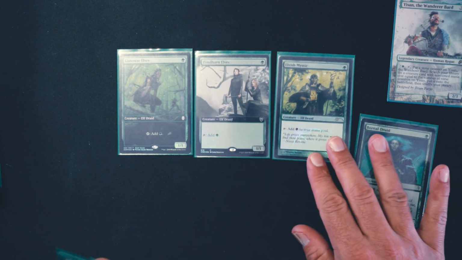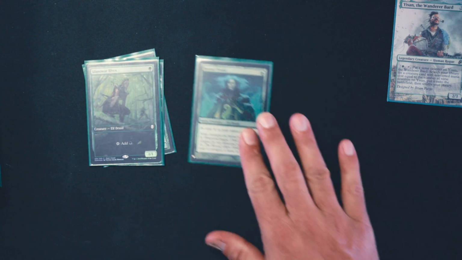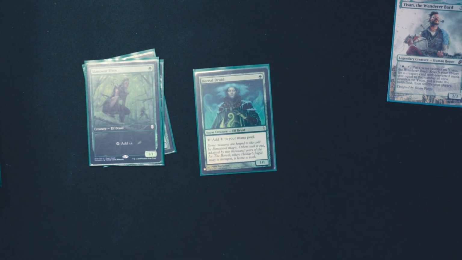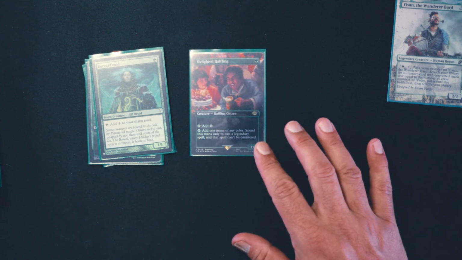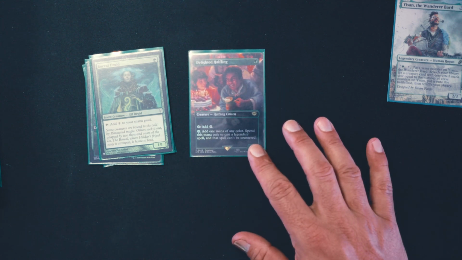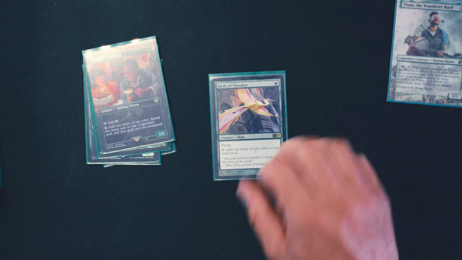1 drop, taps for green mana. Boreal Druid, taps for colorless mana. We've got Delighted Halfling, taps for colorless as well, but has the secondary ability of adding any 1 color. Spend this mana only to cast a legendary spell, and that spell can't be countered. Birds of Paradise,